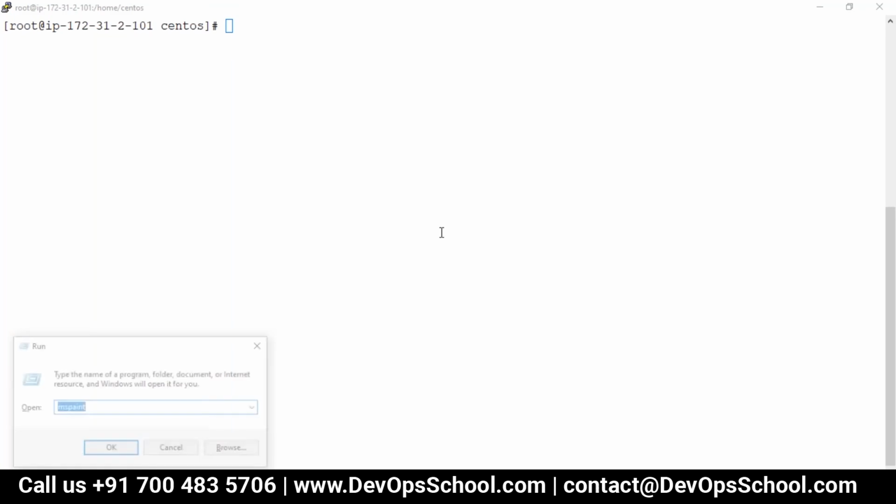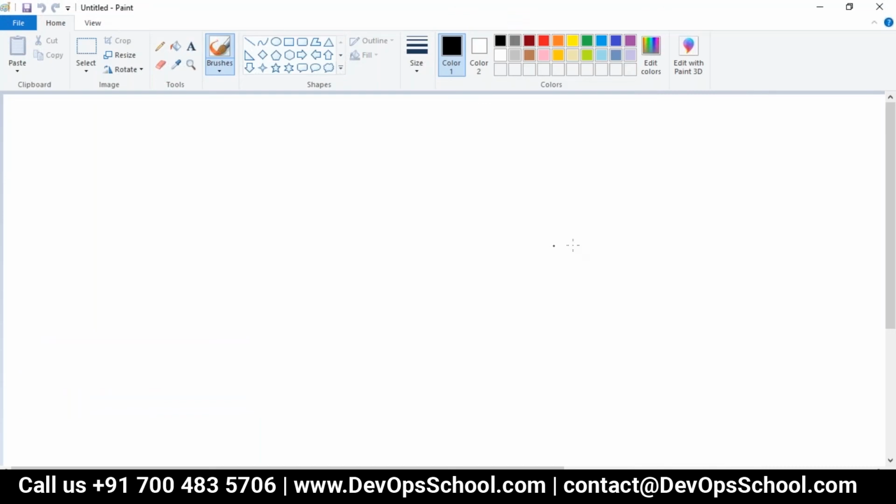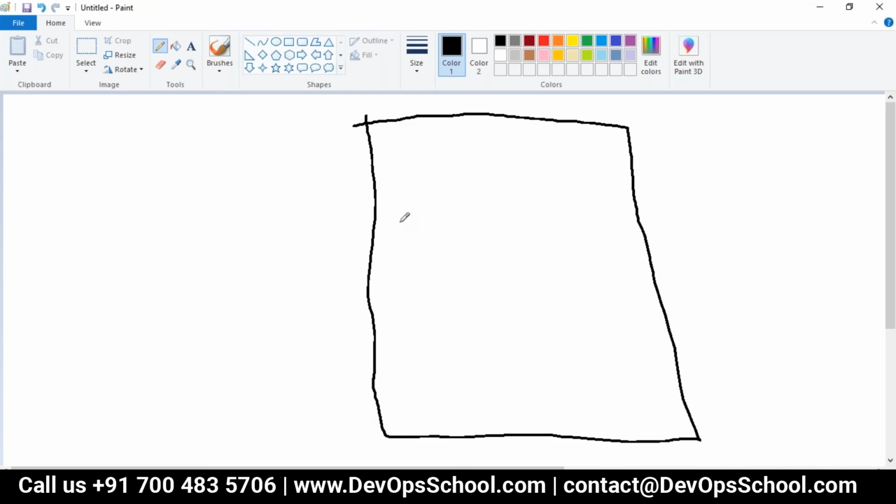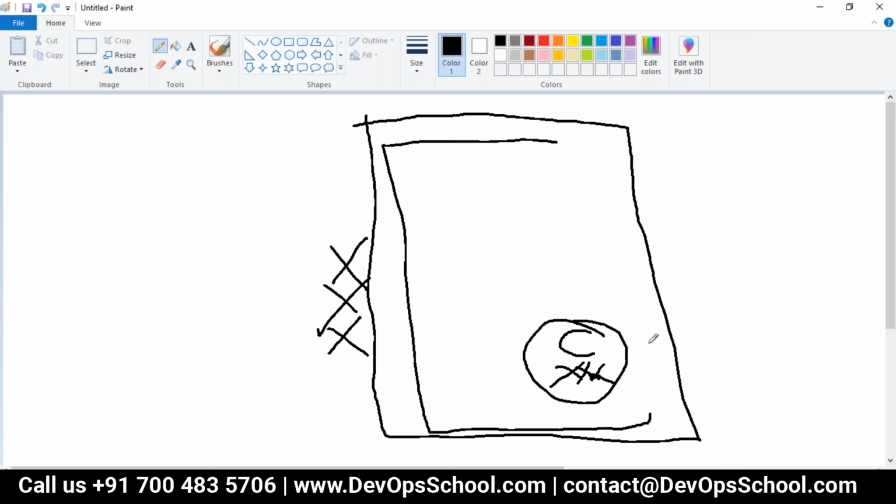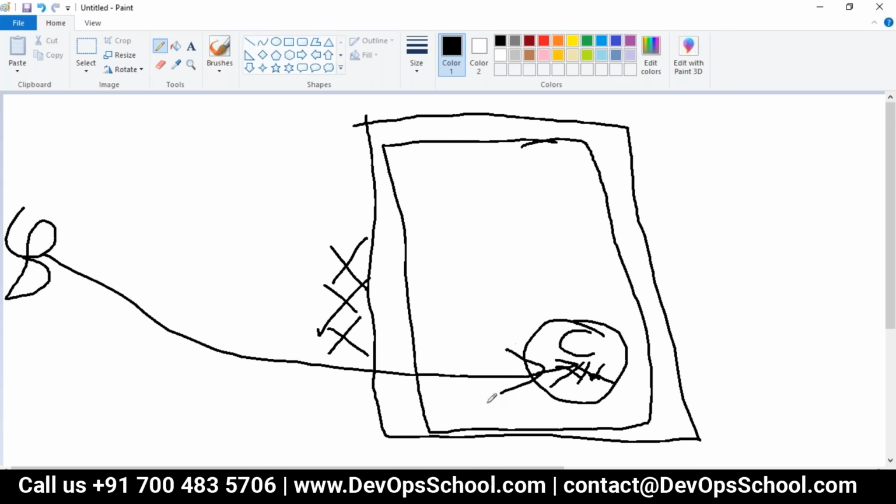Let me tell you guys, the port forwarding concept is not new. Every cloud service uses it. If you know AWS, Azure or Google Cloud, this is what they do. So this is the EC2 instance, let's say, or any machine. You are running a container here. The container also gets an IP address, but the scope of this IP address is limited to this host. So can I access this container directly? No. Can I access this host directly? Yes. So what to do now?